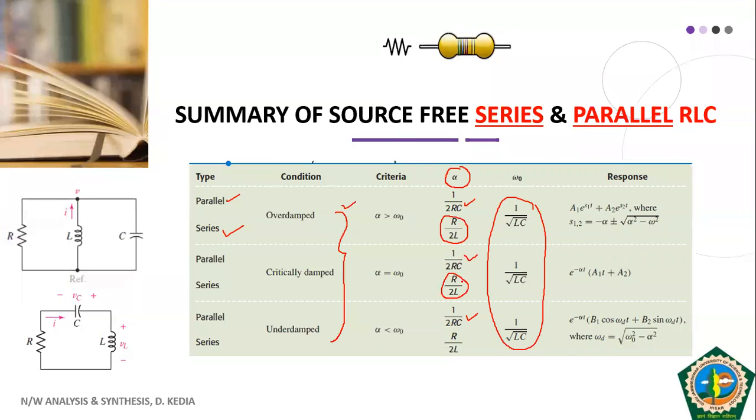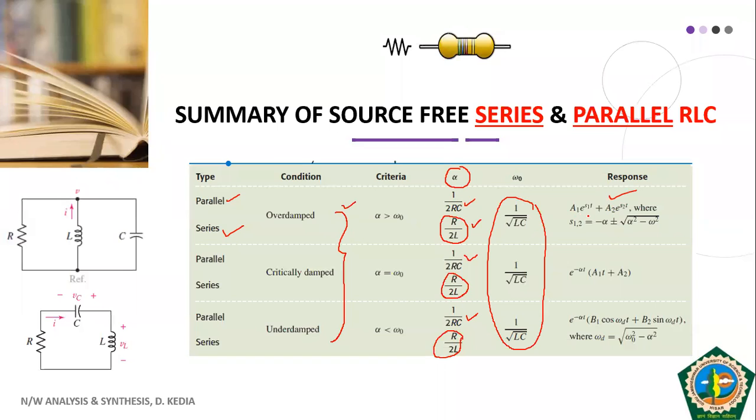three cases. So you have to simply memorize that if your circuit is a source free series RLC circuit, all you have to do is calculate alpha differently. In case of parallel RLC circuit, it will be 1 by 2RC, and in case of series RLC circuit, it will be R by 2L. The rest of the things are exactly the same. These are the response equations that we have already seen. In case of overdamped, it will be